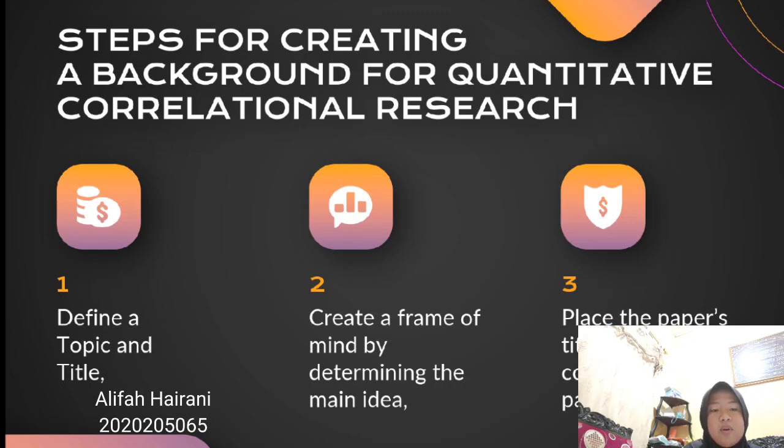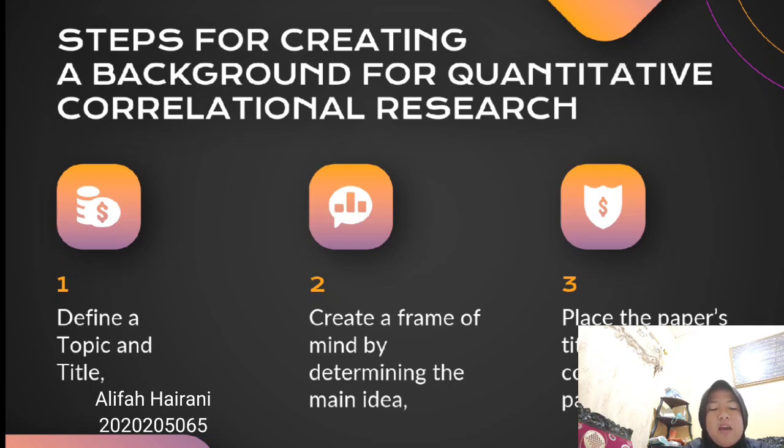And then for the steps of creating a background for quantitative correlational research, as you can see from the PowerPoint, the first is define a topic and title, and the second, create a frame of mind by determining the main idea for each paragraph, and the third one is place the paper's title's primary concept in the